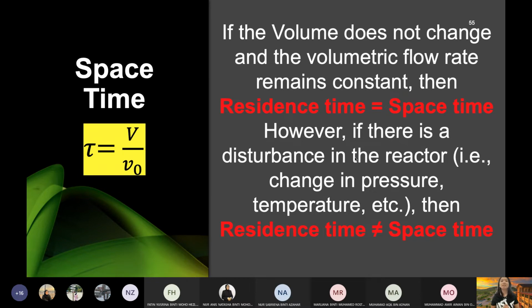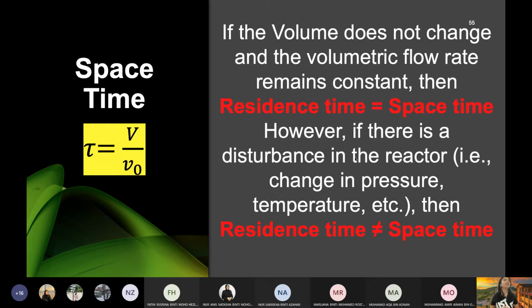Okay, ataupun kita kata tu adalah actual time or the average time the molecule really spends in the reactor. Space time tu berdasarkan entrance condition yang berdasarkan kamu set, tetapi disebabkan the changes of the volumetric flow rate and you calculate based on that real volumetric flow rate, you will get residence time.